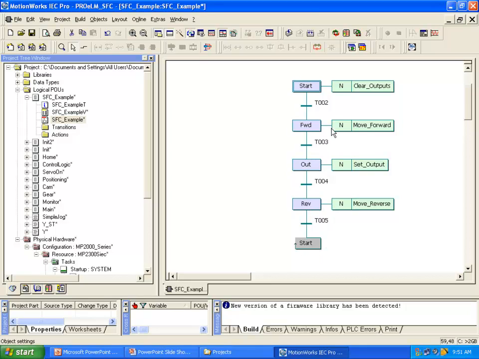Now, as far as the parallel path, I could put that in at this time, but what I'm going to do is add the parallel path a little bit later. So don't worry about the parallel path for now. And instead, I want to get right in here to the code behind the first action, which is called Clear